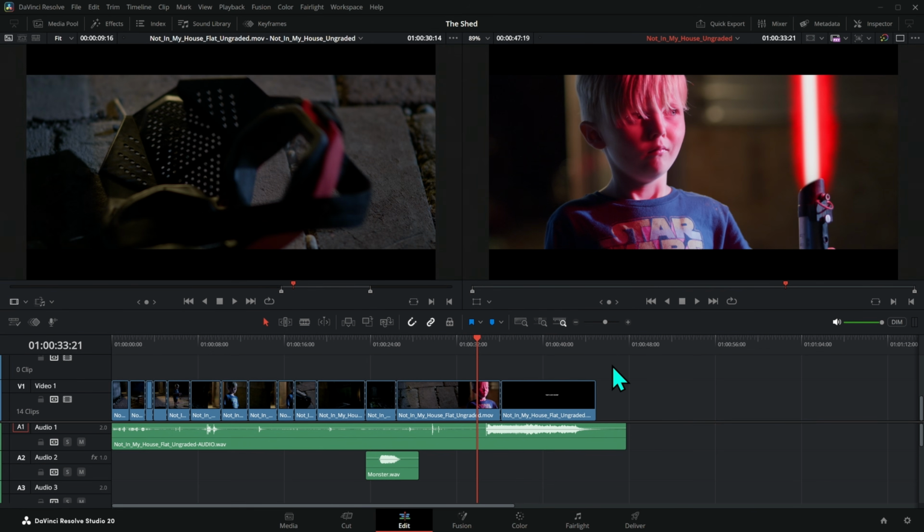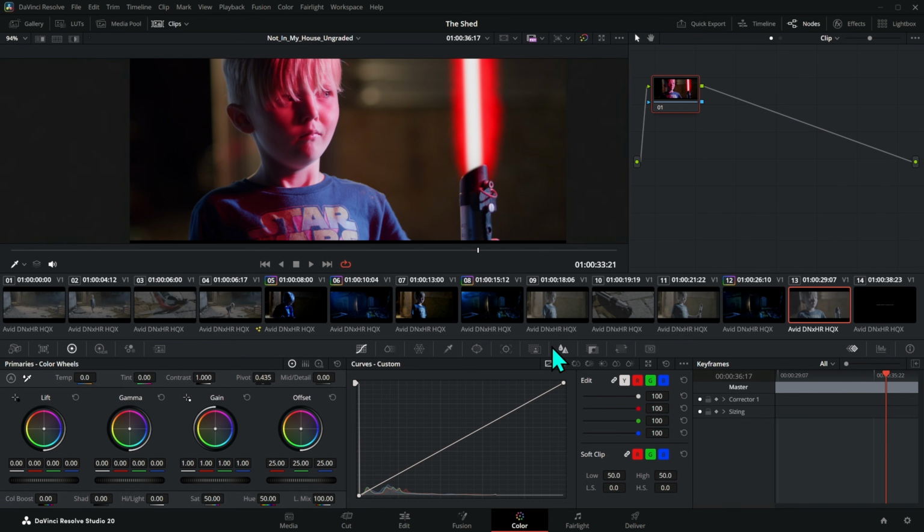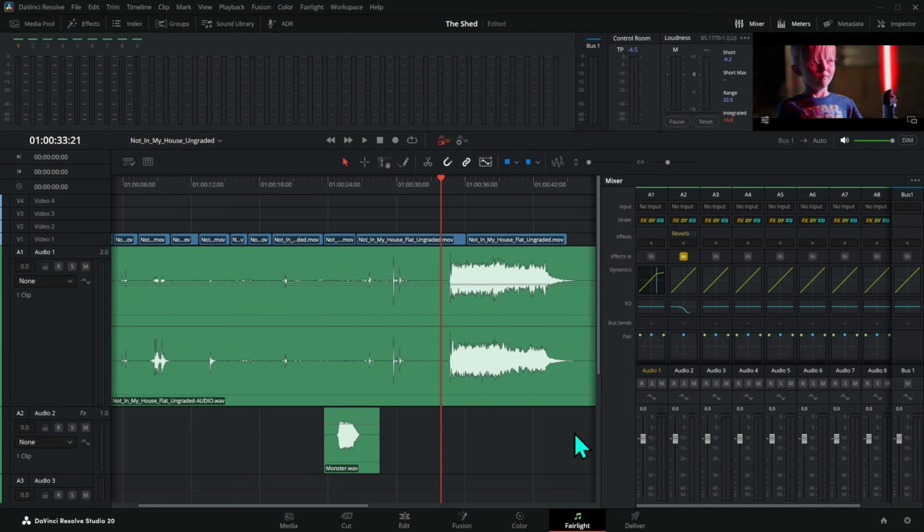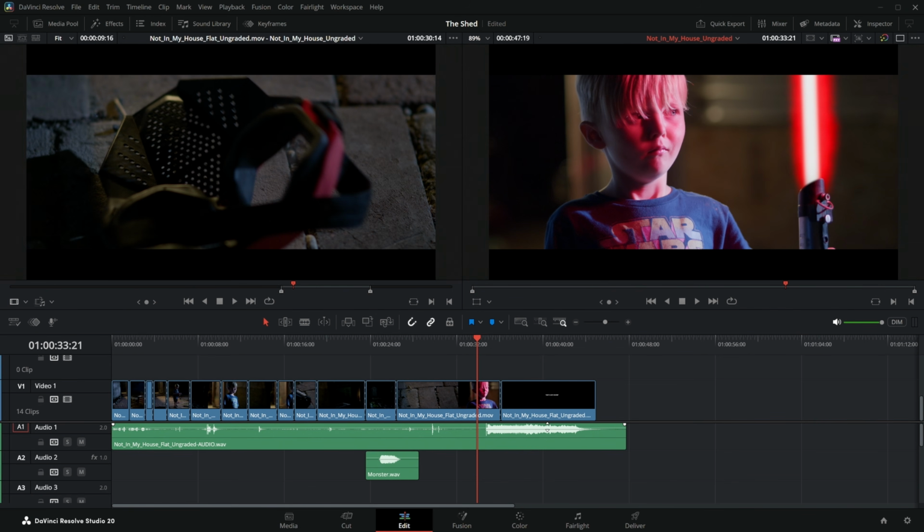So the ultimate question is, if you're an Adobe user, can you switch over to Resolve and still do the quality of work you're used to? In my opinion, absolutely no question. The tools inside of Resolve are comparable to the Adobe suite, and especially in the realm of color, I mean, it far exceeds what you can do in Lumetri. Fusion is an incredibly powerful compositing app. Fairlight's great for your audio. Not to mention that the edit page, which is your main workhorse, is absolutely rock solid when it comes to an editing program. This is the best editing app I've used overall,